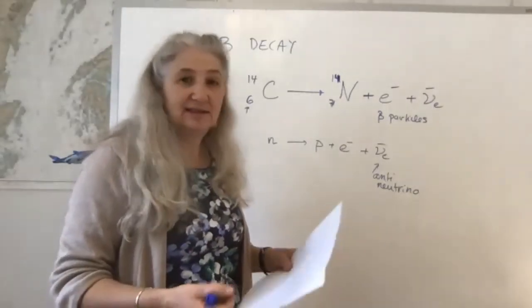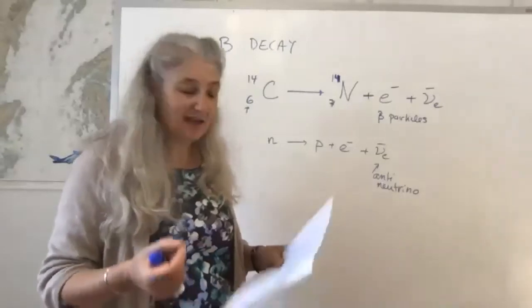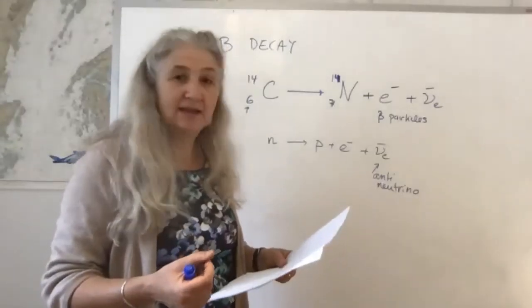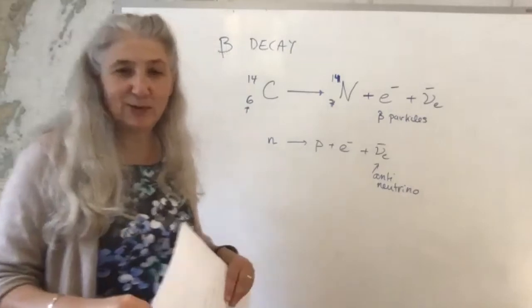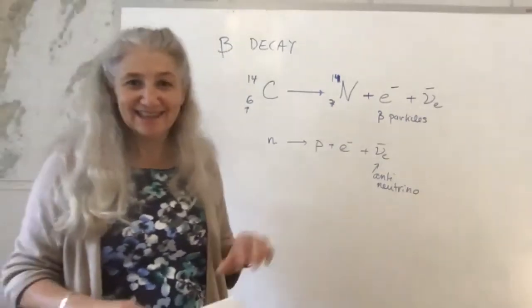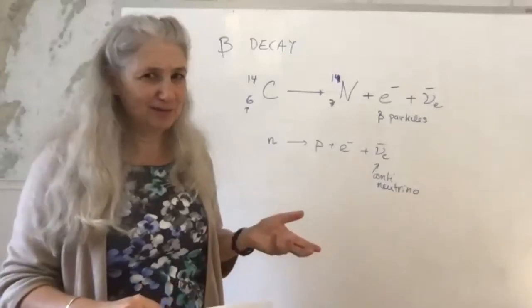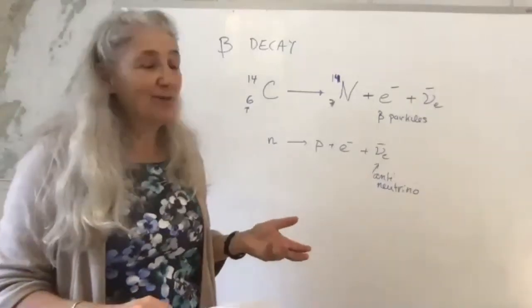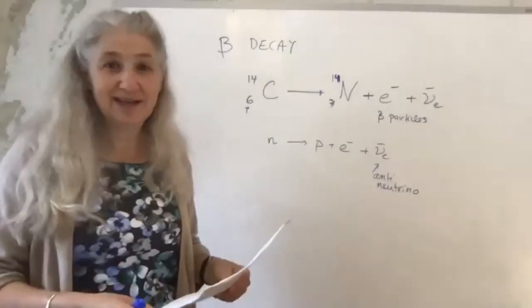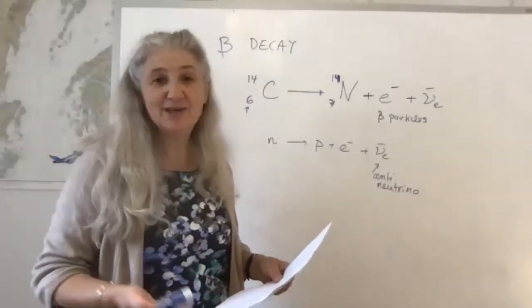When they looked at the distribution, it was in contradiction to the conservation of energy. There was some energy missing, so people tried to propose where it went. One proposal was that it went into a mysterious particle that had to be neutral,